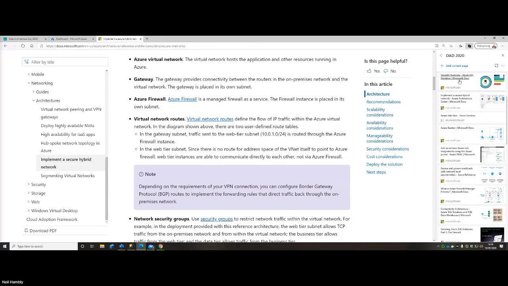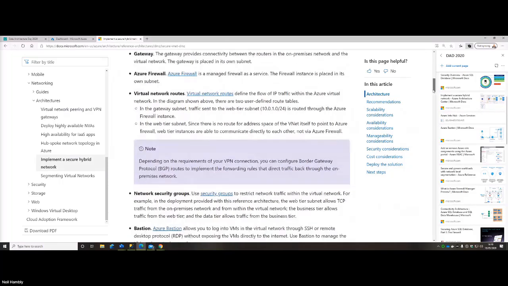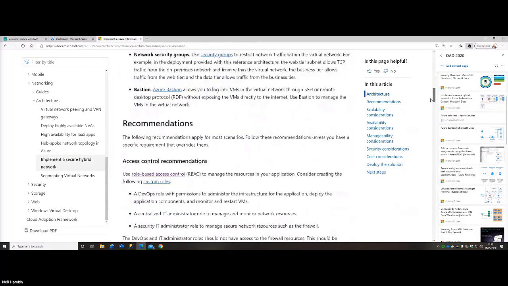But one of the core concepts around security and improving things is the network security group. This restricts network traffic to just the TCP ports we need, for example 1433, or 11,000 to 11,999 if we're doing a redirect rather than a proxy.